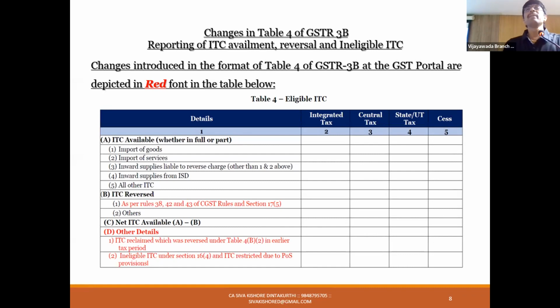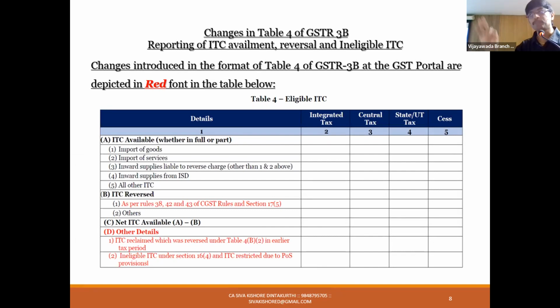Now you are availing, please borrow from last month's reversal. Last month two invoices you already reversed, shown in 4B2 other reversal. Now you are borrowing that other reversal, availing in 4A5. To support this, 2B doesn't have an entry. That's the reason these two invoices please show in